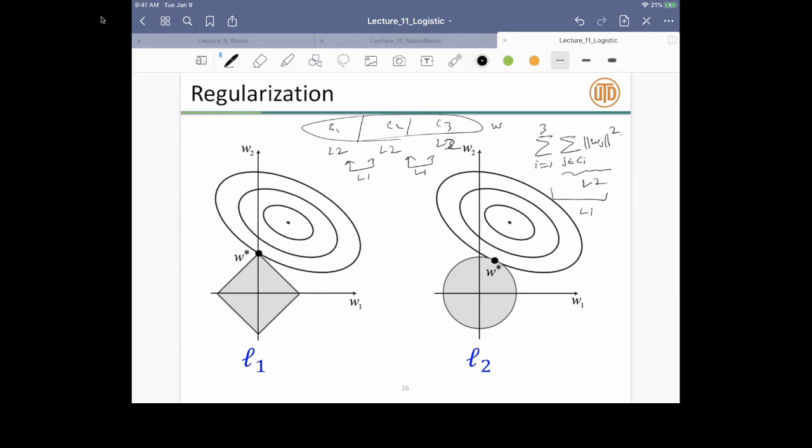Yeah, so this is one more figurative description of regularization, right? So what happens is that this is your loss function. Okay, so this is my L of W. And in some sense, what you're doing is that you're adding this function, which is the L1, right? So L1 is the absolute distance. So this particular function is basically L1 of W, right? So this is the sum of W1 plus W2, right? Whereas L2 is more like a ball, okay?